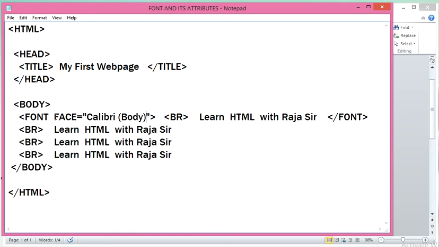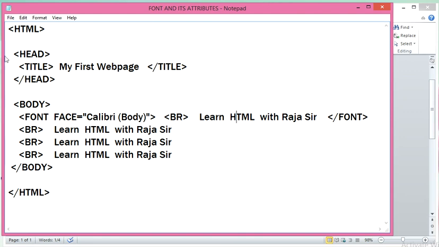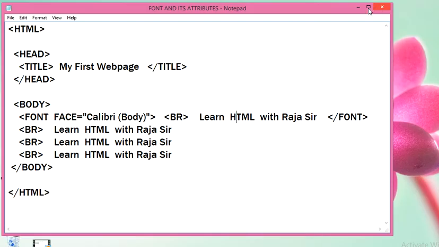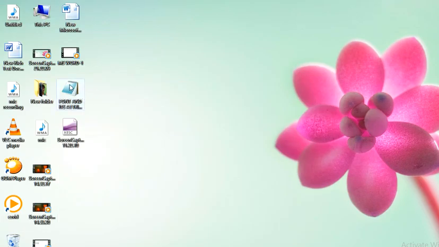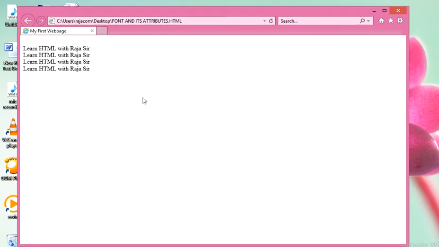So font face equal Calibri body. So this line, learn HTML with Raja sir, will appear in Calibri body font. Just save it and see what changes are going to happen. Right click, open with Internet Explorer.